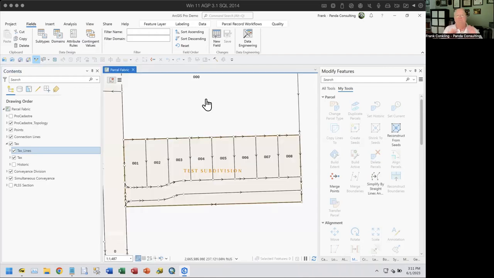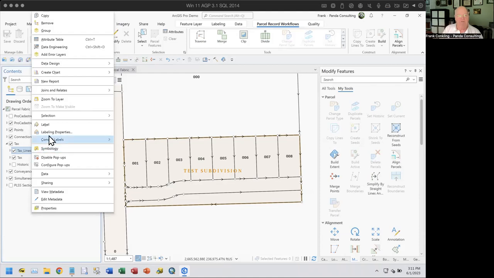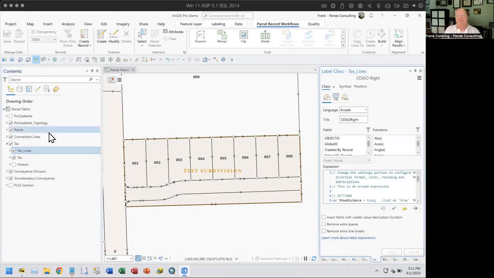All right. Once we understand that, and I should add, if there are any questions about any of those attribute fields that have been added to all of the COGO lines inside of here, are we good with that? No questions right now. No questions. All right. So let's look at the labeling